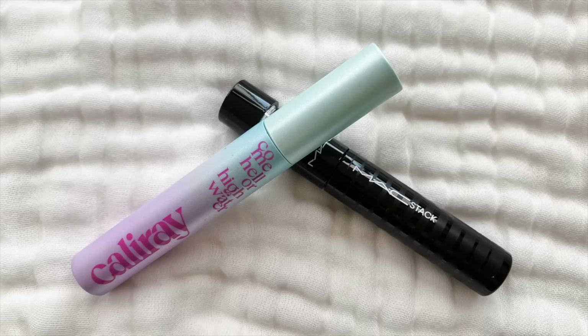I just went ahead and put on some mascara as well. I used the Max Stack mascara for my top lashes and the Cali Ray one for my lower lashes. I really love how this turned out. It really pulled together once I added mascara. I was feeling a little iffy on it for a second there, but this is really fun, and it turns out